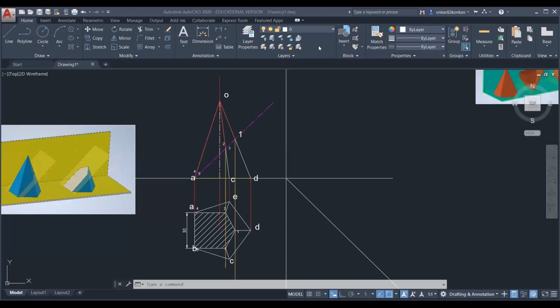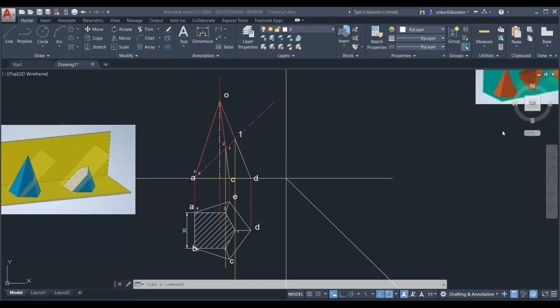Good afternoon, everyone. During the last lecture, we completed the sectional front view and the sectional top view for the hexagonal pyramid. So now we will try to complete the sectional side view. If you observe this three-dimensional image, the sectional side view which is visible is from the left-hand side. So we have to draw the left-hand side view, and that will be on the right side of the front view.